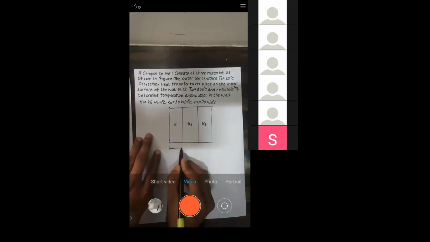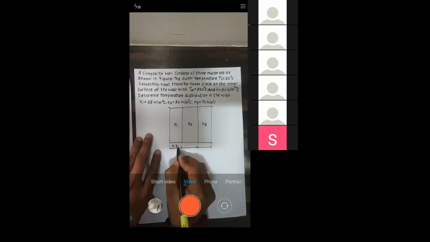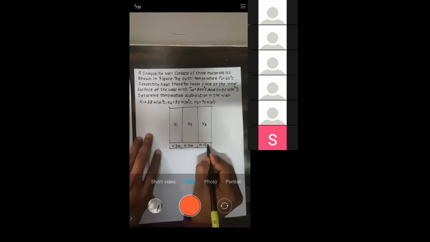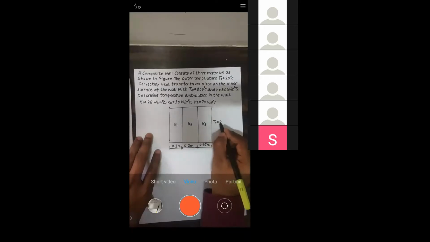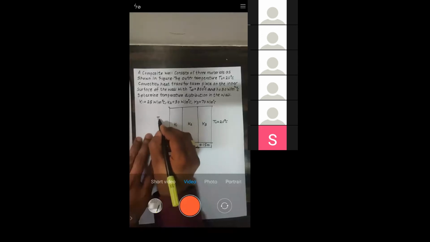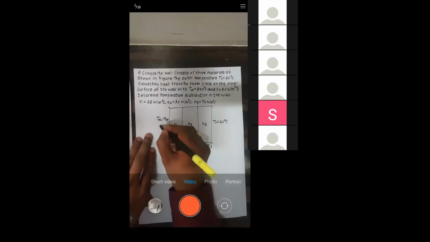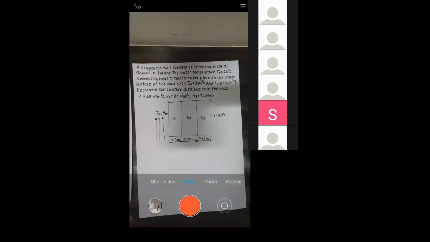At the same time their thickness is given. This is 0.3 meter, this is 0.2 meter, this is 0.15 meter. Right, the thickness of the walls is given. This outer temperature T0 is 20 degrees Celsius, right? On the inner surface, you have the temperature that is T infinity. You have the heat transfer coefficient h. Okay, and the fluid is flowing like this. Right? So this is the problem which is given.